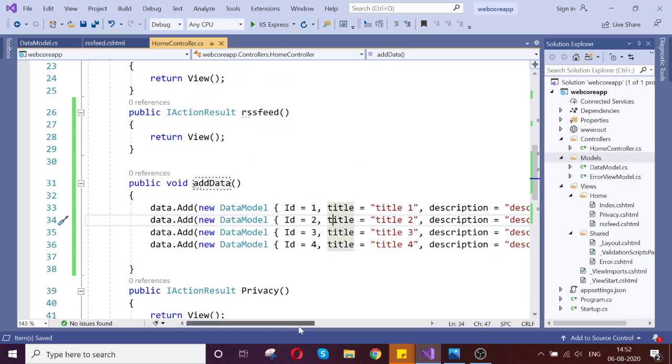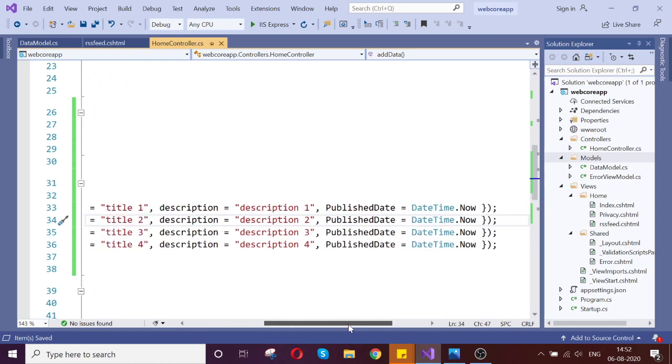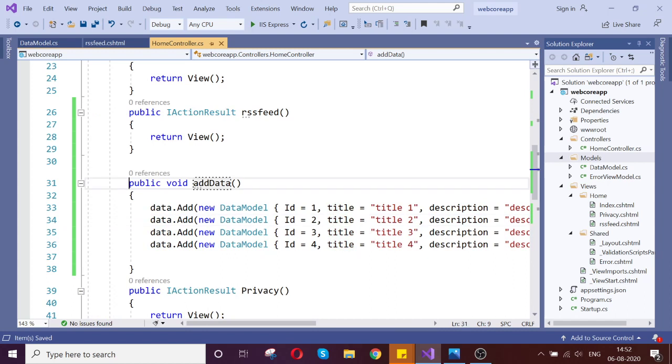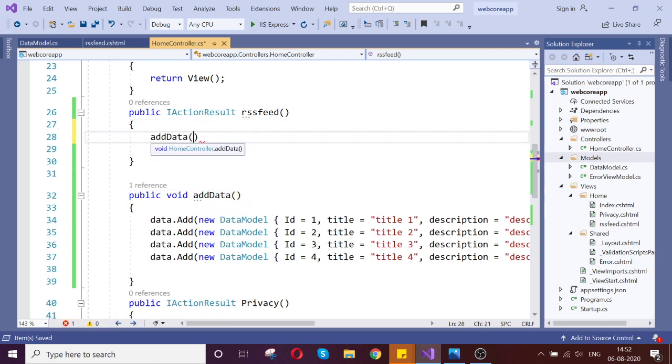This is data you can get from the database. Currently I am not connecting any database, so I am just adding it whenever this RSS action gets hit, so that data will be added here. So when I call this method, it will add the data, and this is my list that I am passing to the view. Cool. So that's hopefully done.